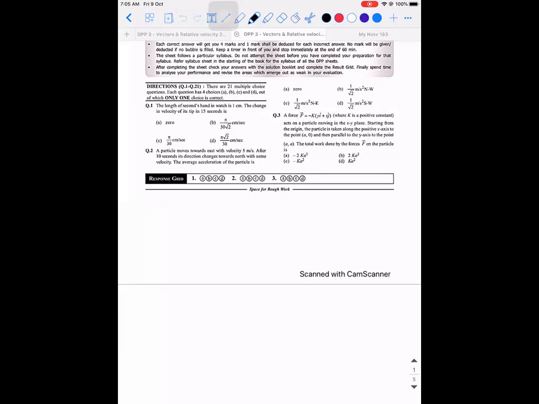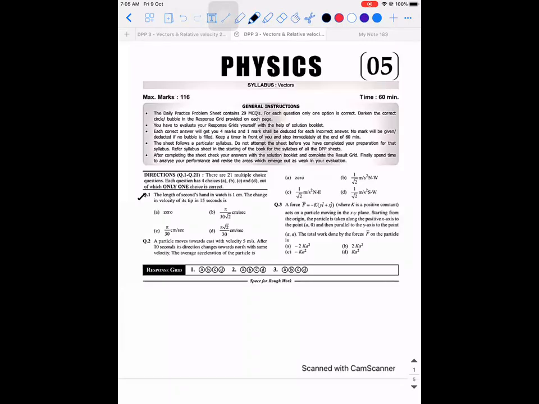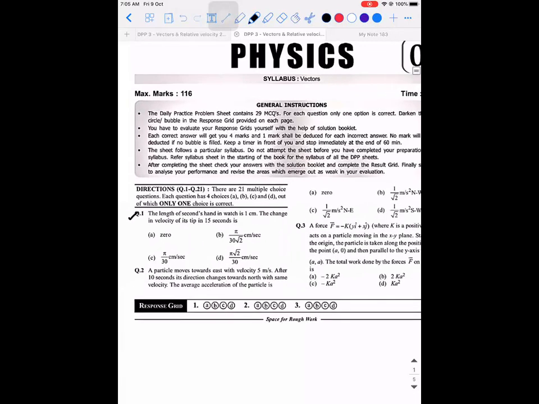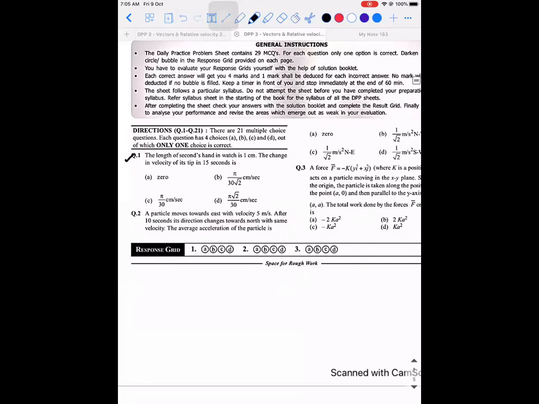Let's start with the first question. Do you people have the worksheet with you? Did I share this worksheet already? I don't think so, sir. Okay. But you're able to read the question from here, right? Yes, sir. For now. Okay, we'll start with this. So the first one is a simple problem. Let's look at how to solve it.